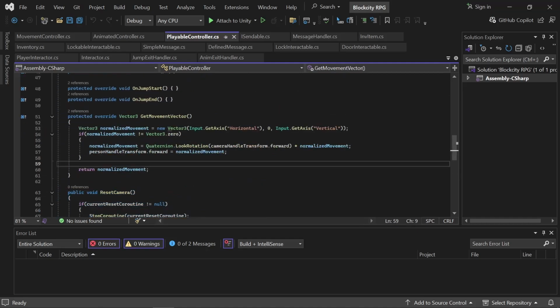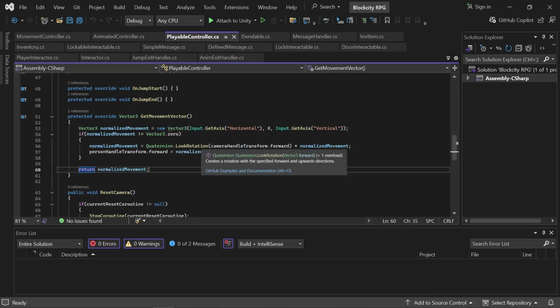But for get movement vector, right, we're going to create a Vector3 of normalized input. It's going to be input on the horizontal axis and the vertical axis. If it's not equal to 0, then we just return whatever comes out of this, right? Actually, we're not jumping back to it in a minute because there's nothing to go to instead. So here's what happens, right? If there is movement, the movement is